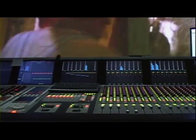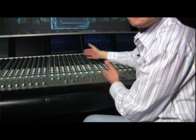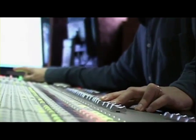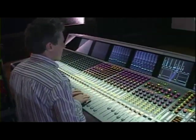People go, wow, look at all these knobs and buttons. Yeah, but you know what? It's only one strip here. They're all the same. It's just duplicated. So once you learn one, you know them all. Each voice of each actor or character comes in on these faders. Then you get to see how loud you can actually make it, or how soft you can make something, or